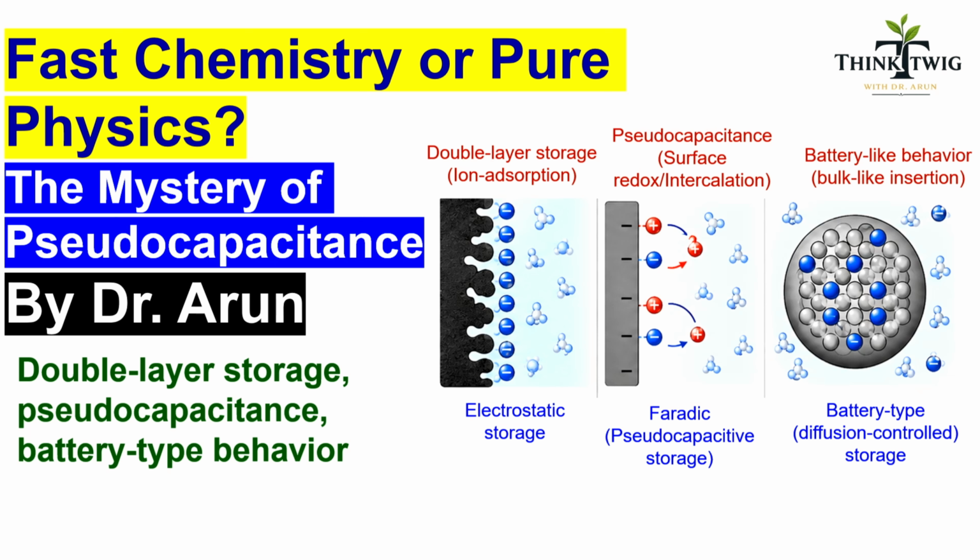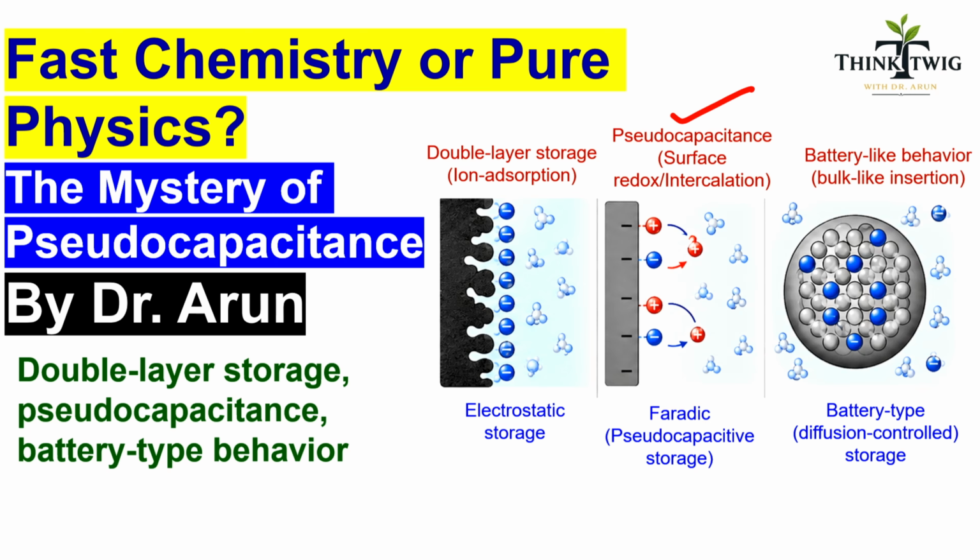Because chemistry can also become fast enough, a Faradaic process, meaning a process that involves electron transfer and an oxidation-reduction reaction, can begin to look electrochemically like a capacitor, and that behavior is what we